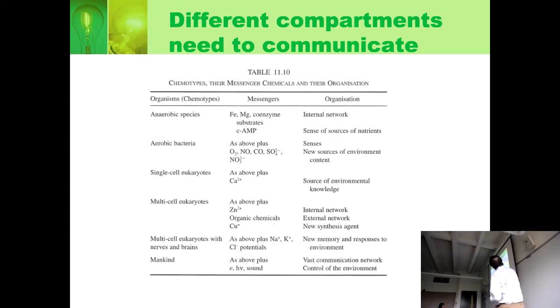So they need to communicate, and if you look at how things communicate, it looks like you have a progression that fits with the chemical progression of the Earth in the kind of communication they're doing. Eukaryotes use calcium, which is actually not the oldest thing, but it's also not the newest thing either. But multicell eukaryotes will use zinc a lot, and they'll also use some other things.